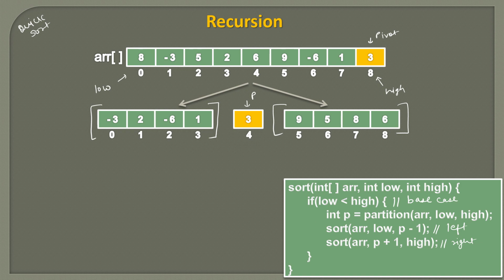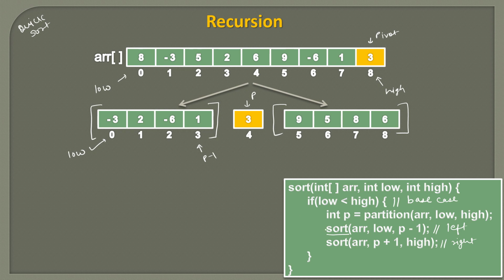What we do is, we call the sort method on the left side recursively. So it goes deep down like this. And the range we took is low to p minus 1. So p is the pivot and this is p minus 1. So now we will call the sort by taking this left side, only these 4 elements. And this will happen recursively. Low should be less than high. This would be our base case.